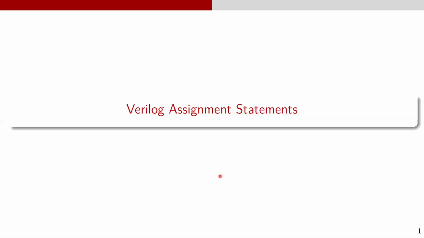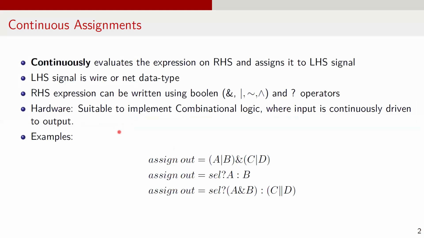Hello everyone. In this video, I'll discuss different types of assignments in Verilog. In Verilog, we perform two types of assignments at a high level: continuous assignments and procedural assignments. First, the continuous assignments. This type of assignment continuously evaluates the expression on the right-hand side and assigns it to the left-hand